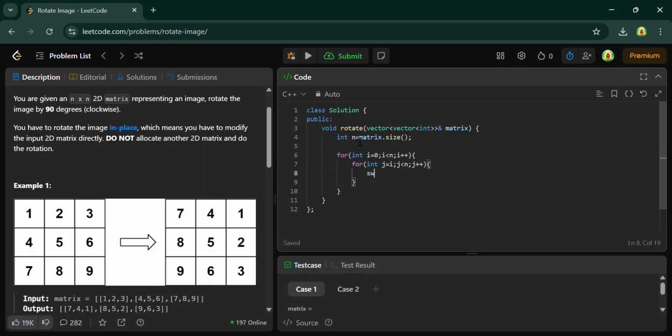We just have to swap it: swap matrix of i comma j, comma matrix of j comma i. In this way you will find the transpose of a matrix,